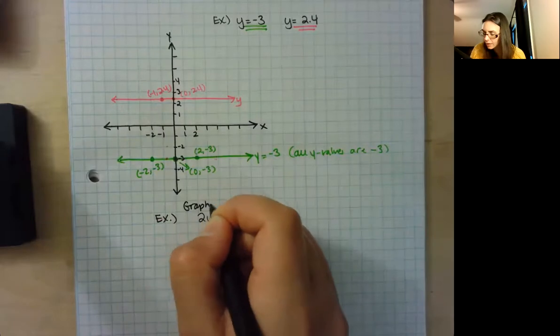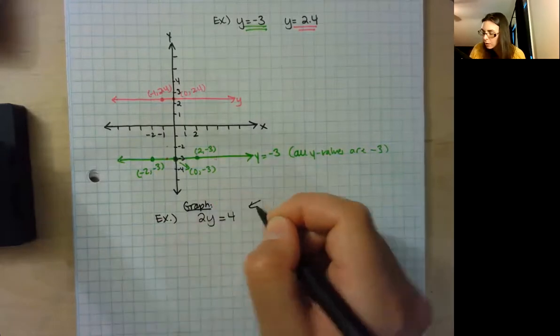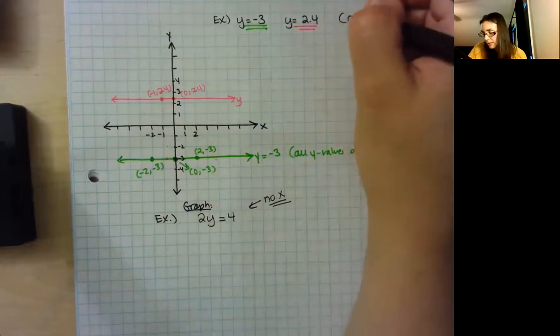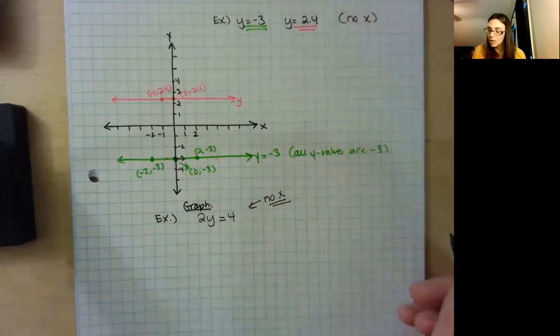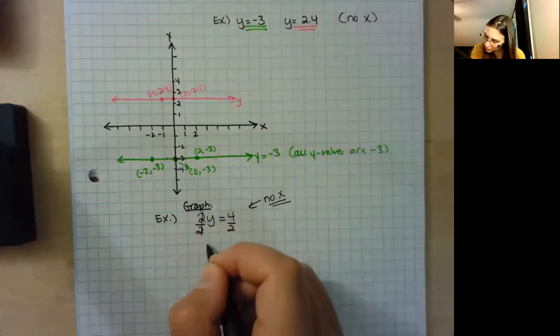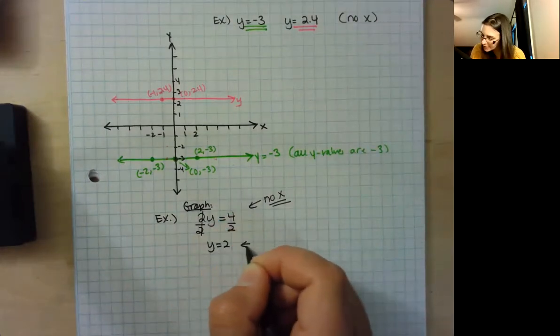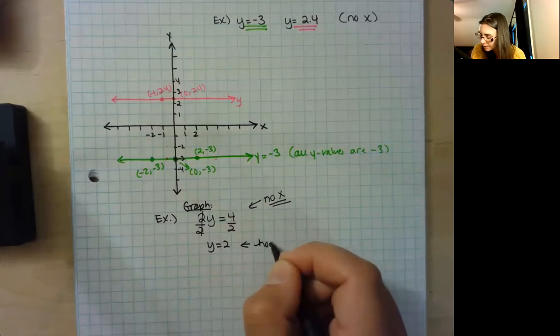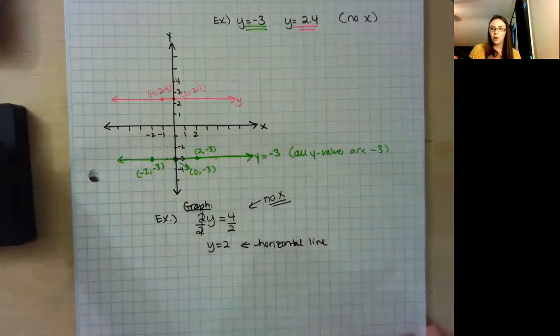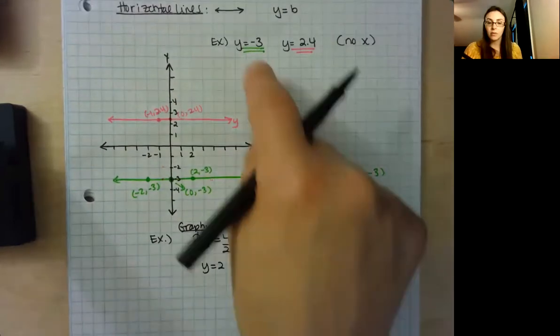And you're like, oh, but hey, this kind of looks like a regular equation. But you notice that there is no x. So here, there is no x. So what you do is you're going to go ahead and solve this. And then now I can see that I have a horizontal line. So most examples I think will probably be given to you in a form that's already simplified, but you do